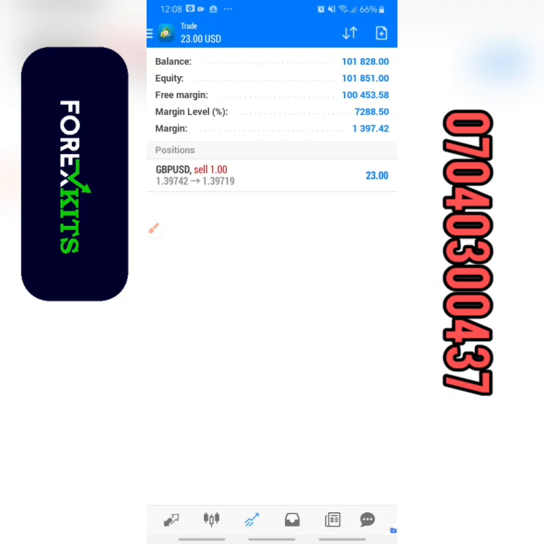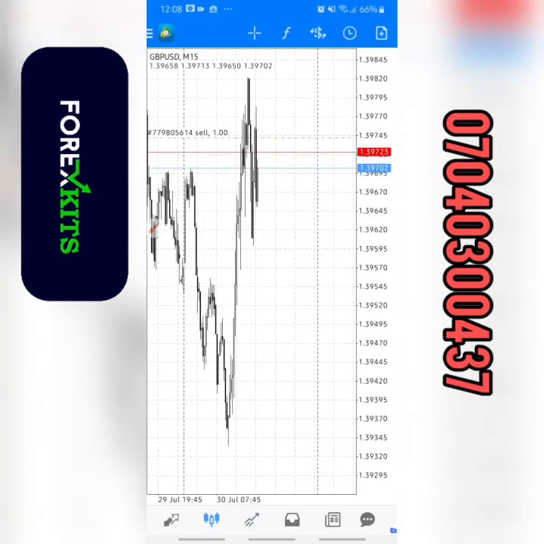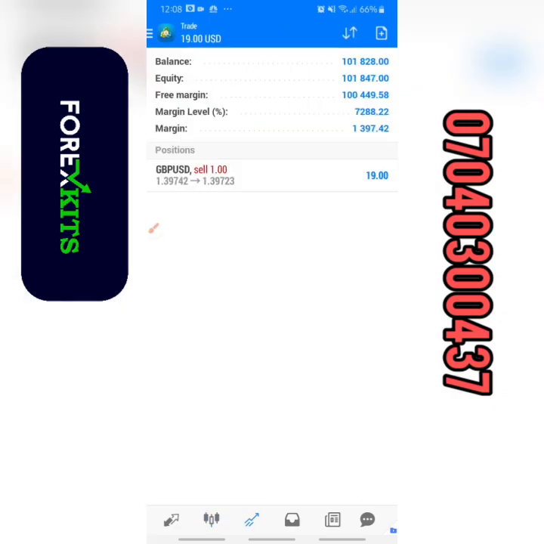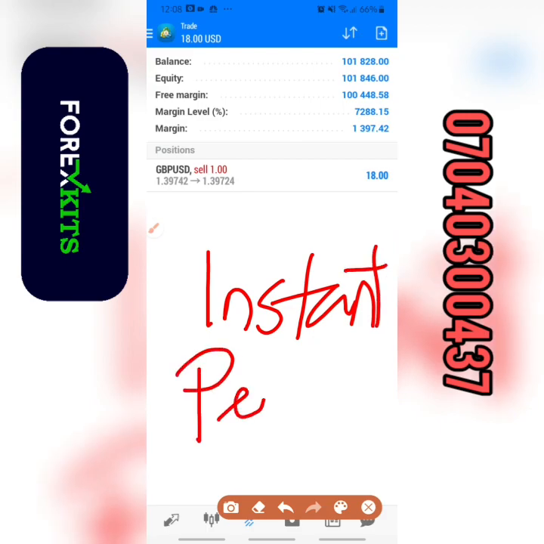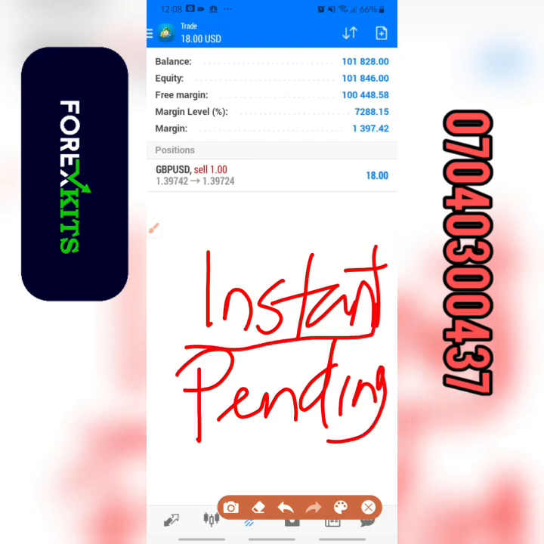Let's talk about market orders. So in the foreign exchange market, you have two kinds of orders. The first one is the instant execution. The second one is the pending orders. And just like the names explain, the instant execution is basically you are filling in an order at the